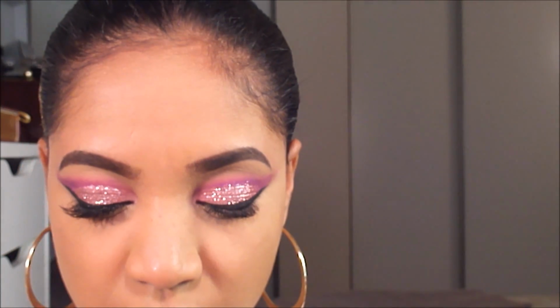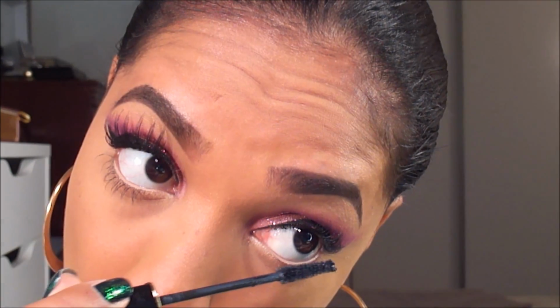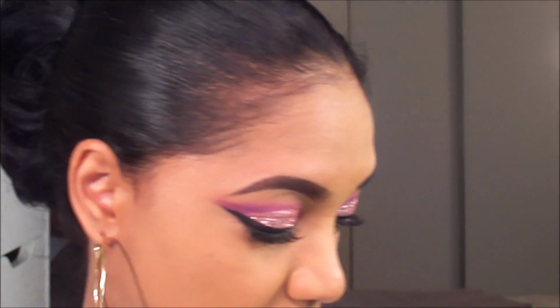Then I'm gonna apply a very faint mascara on my lower lashes, just so they don't stand out too much, but they don't look as bare as can be, because I think that looks a little bit odd. And where they clump, I'm just going to use my mascara wand and kind of feather them out so it's not too obvious, but I don't have my lashes covered in concealer and looking kind of weird. So now that's what we have,